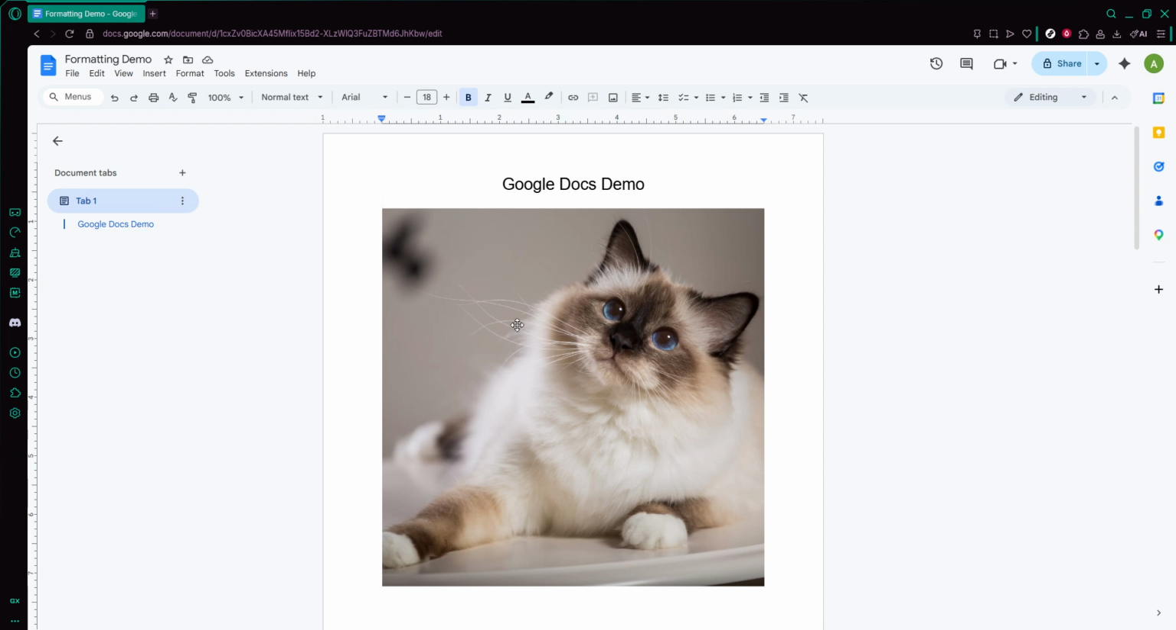Open your document in Google Docs and scroll to the page where your image is located. Move your mouse over the image and click on it once. You'll know it's selected when you see a blue outline or border appear around it, along with small blue squares or circles at the corners and sides. Those little handles are what you'll use for resizing later, so it's important to make sure the image is properly